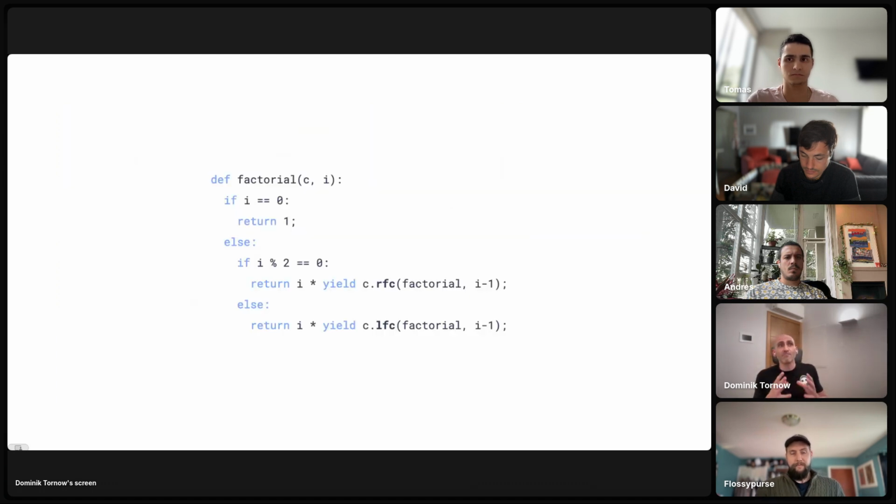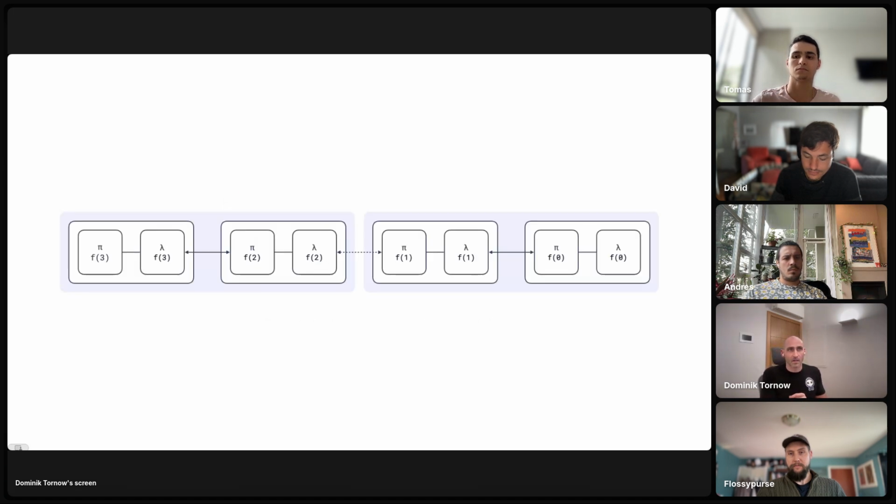And of course, you can mix and match, right? So in this example, every even number, we call factorial remotely, and every odd number we call factorial locally. So in that case, this is the async call graph.